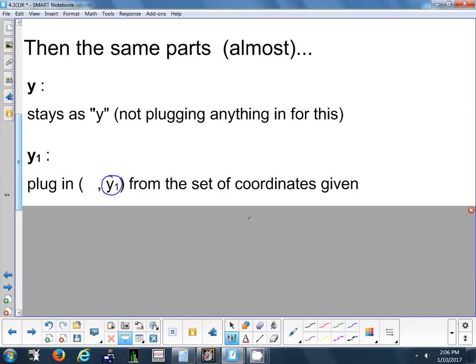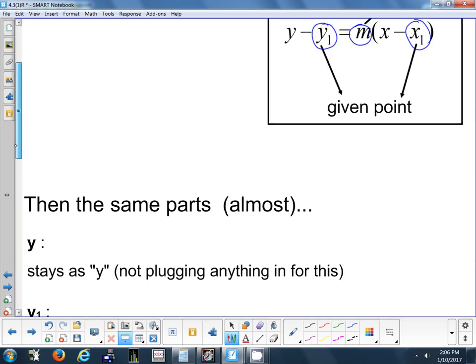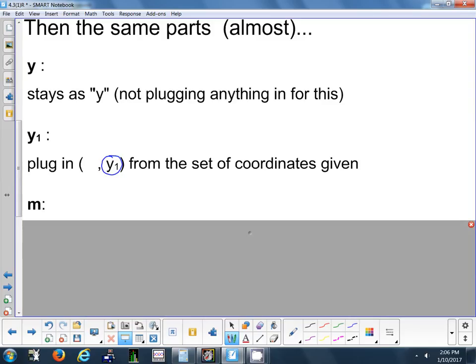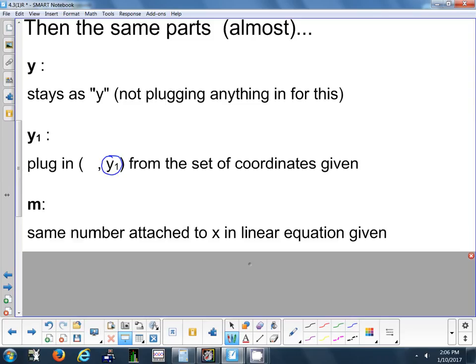Now, as you read across that equation, what's the next letter that we come across after the y1? M. That's the next one. All right, so where are we going to get M from? Okay, well, if you're writing an equation of a line that's parallel to something else, what did we just say parallel lines have? They have the same what? Yep. Slope. Okay, so for M,